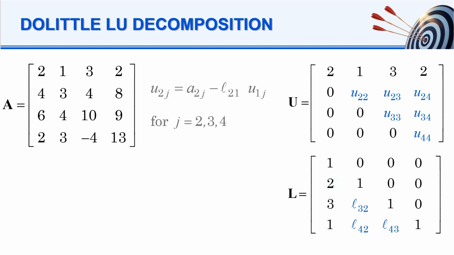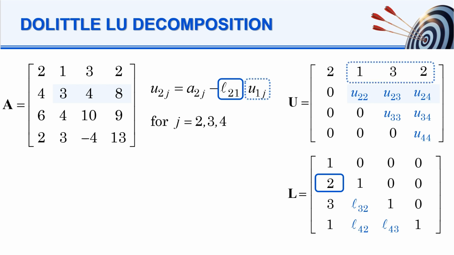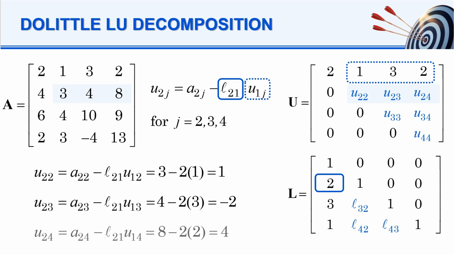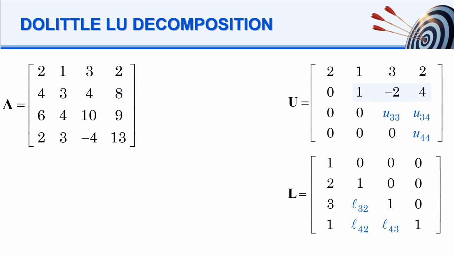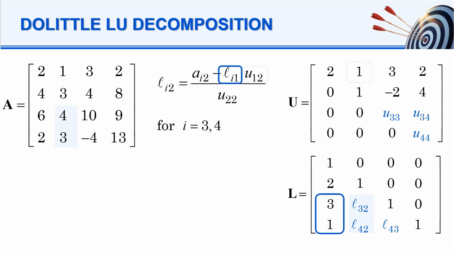We move on to the second row of the matrix U. The elements of U and L21 are known. We can then obtain the elements of the second row of U as follows. Now we move on to the second column of L. We will calculate the third and fourth row elements. The required elements of matrix A and L have already been calculated, so we obtain